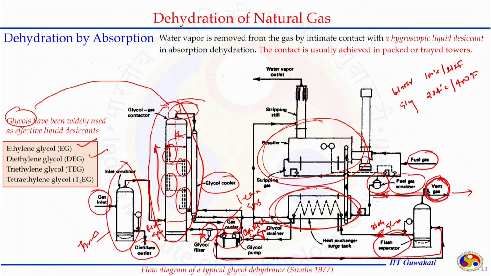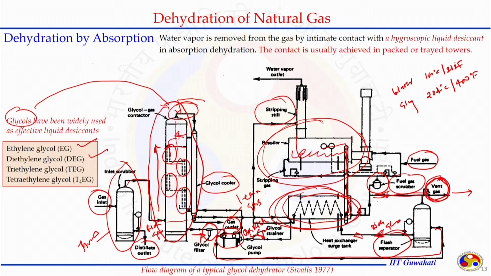impurities in the gas. And when the separation is happening in this stripping still, a long tower, because of the self reflux, the water will go out because it has a low boiling point, just 100 degrees Celsius, and the glycol will fall down here and get accumulated in this region. And from here, because of the arrangement, it will go to the heat exchanger, get heated, and transfer the heat to the glycol that is passing here.